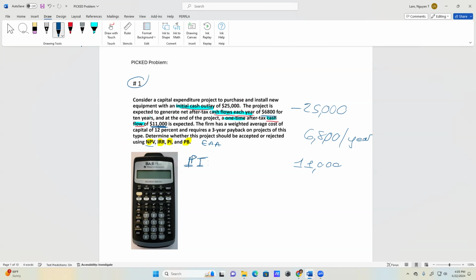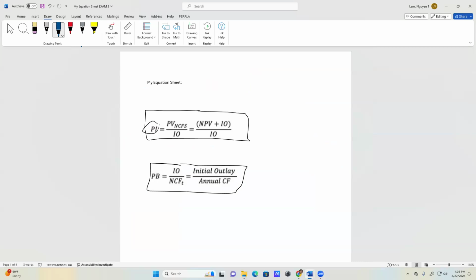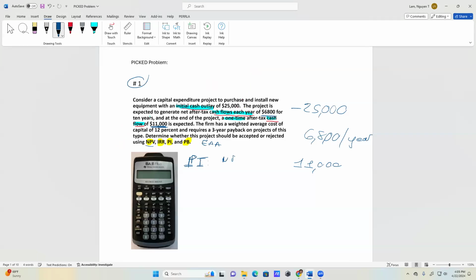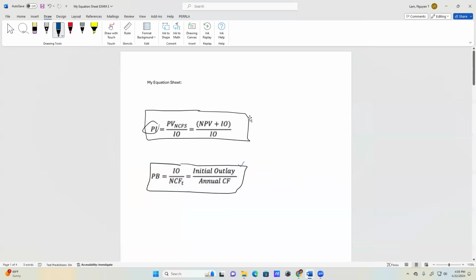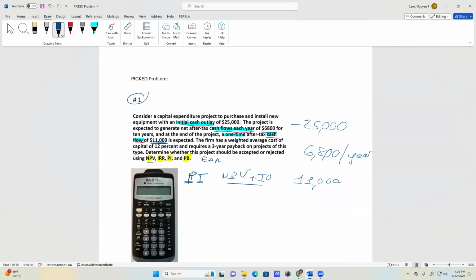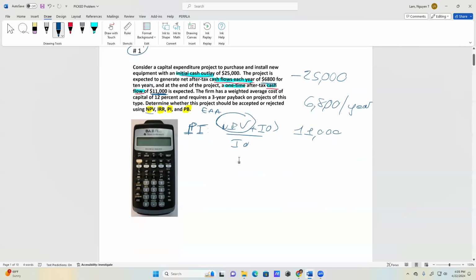All right. So what is the equation for the profitability index that I just showed you guys? It is net present value plus initial outlay, divided by initial outlay. All right, so first we have to find net present value. And how do we do that? If you guys, on your calculator,